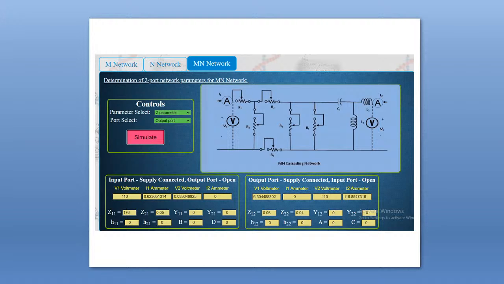So in this manner you take at least 4 sets of readings for Z parameter for different values of resistor, capacitor and inductor. Okay,